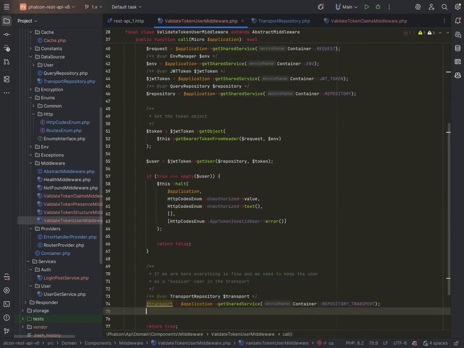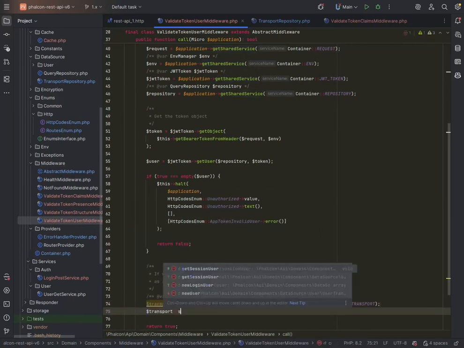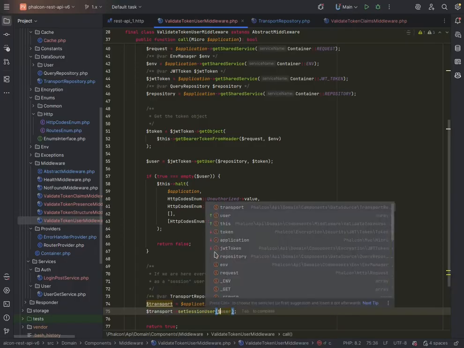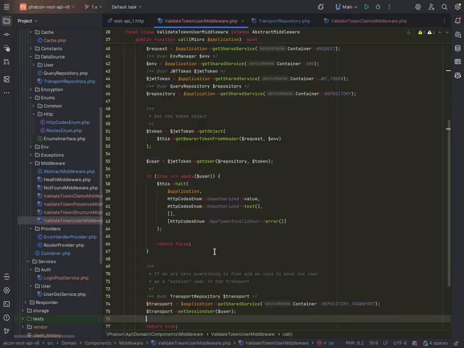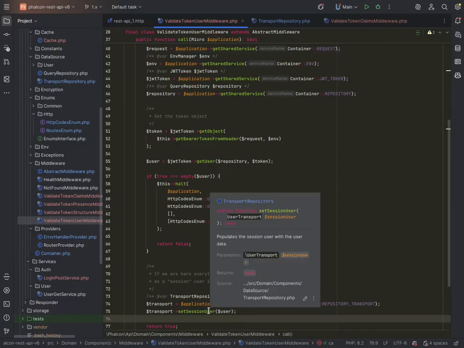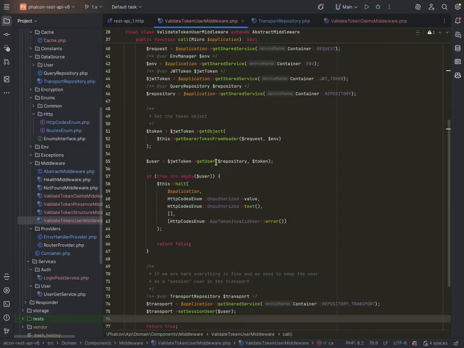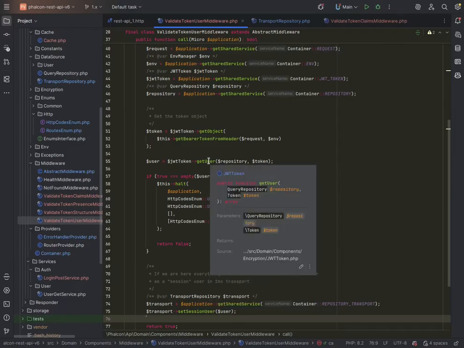And here what we're going to do is transport set session user is this user. So we're going to throw this user here that we got into the session user. Reminder, if you do a JWT get,